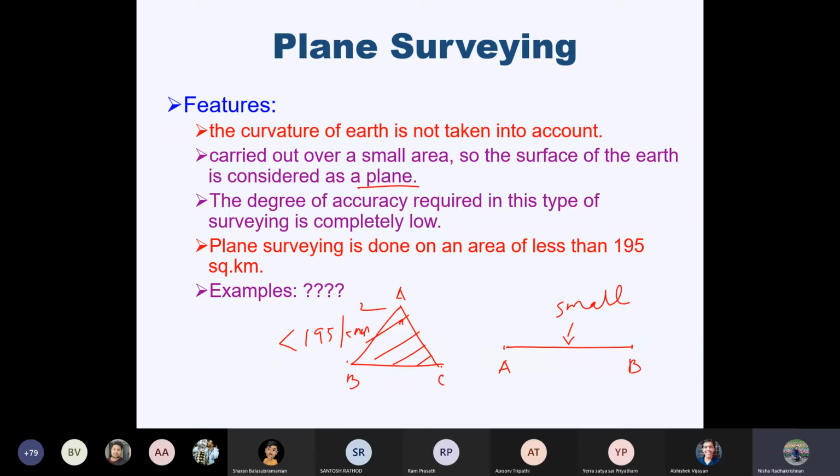Okay, what about the area of a plot of land? Is it plane or is it geodetic? Plane surveying. Plane survey. A plot of land is basically a small dimension area, and you can do it using your chain survey, plane table, compass survey, theodolite, all those things. It is possible to do so. So this is plane survey, and the methods that you have learned in your previous surveying classes pertain to plane survey, right?